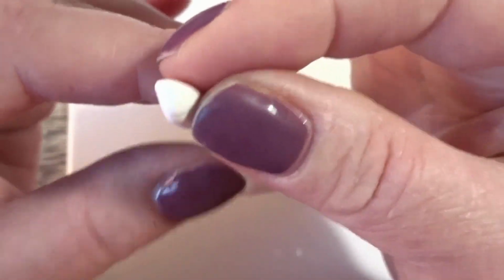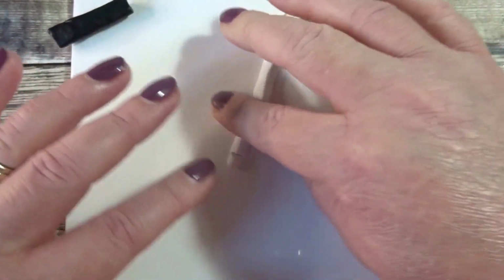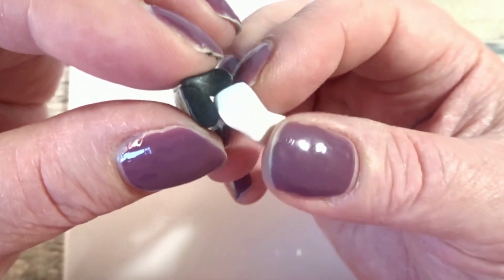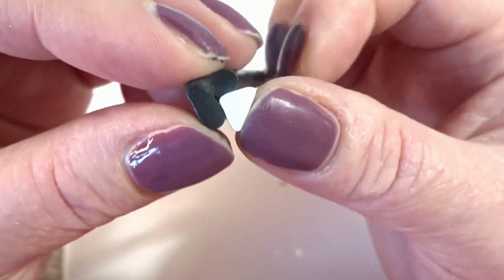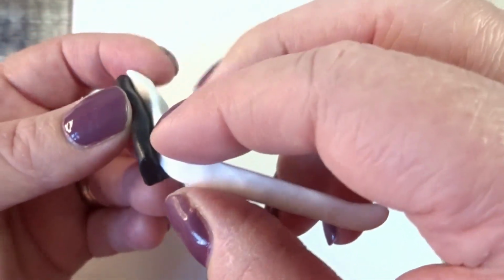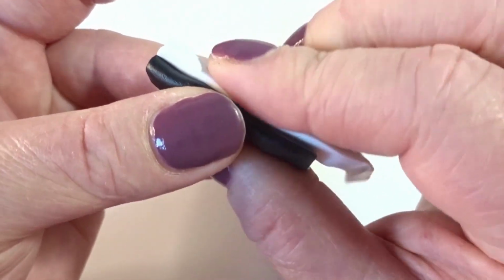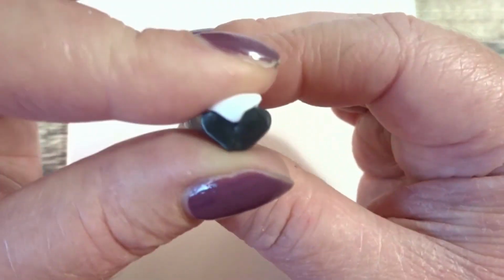There we go, it'll be sort of clearer when I chop the end off that. That's a triangle. Like that. Now you're going to take that triangle and line it inside that black shape all the way along, like that. I'm going to make sure it's really pressed firmly in there,